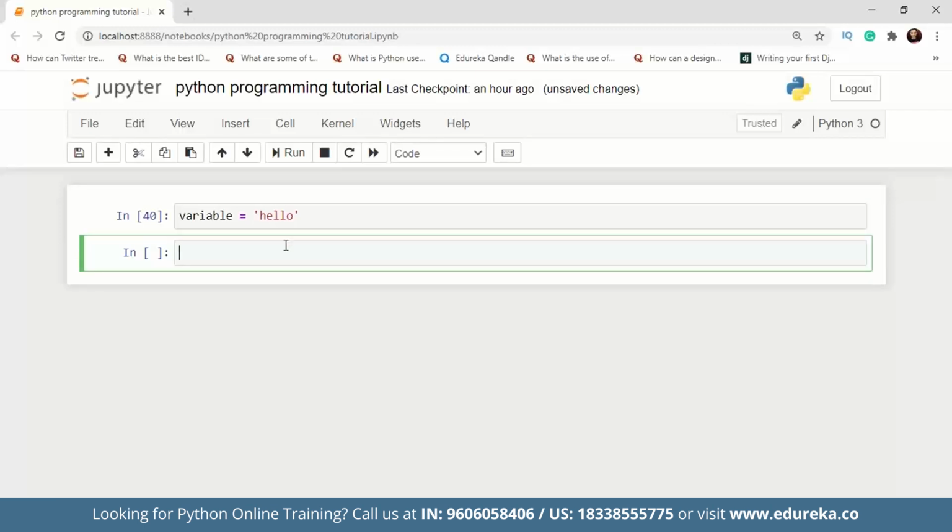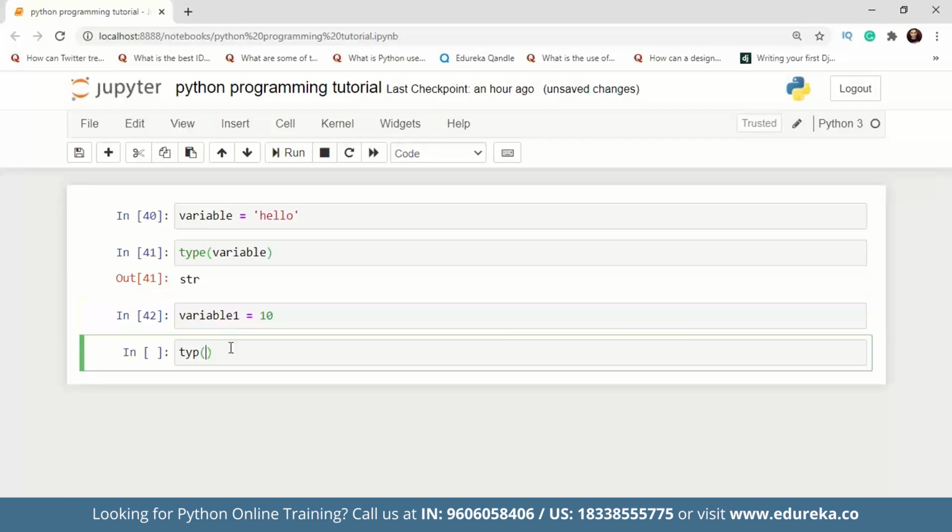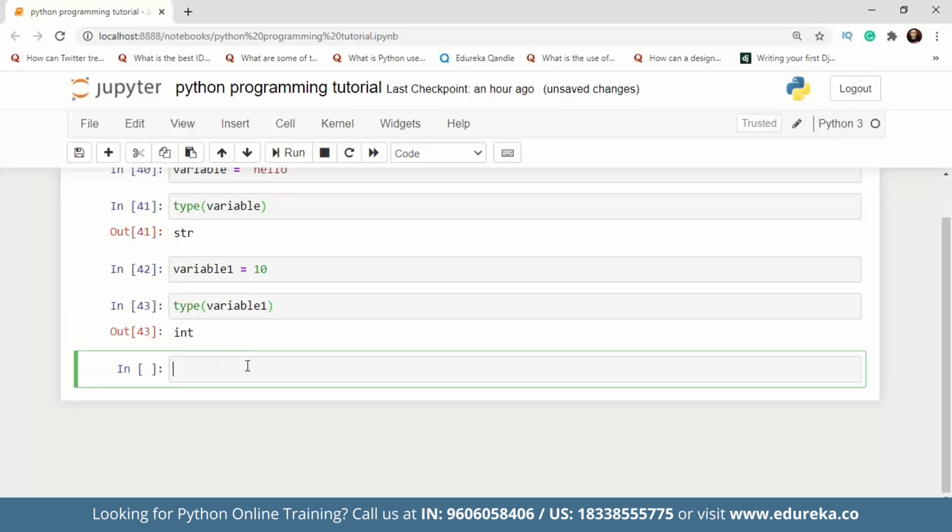I can check the type of the variable, and this will show me that this is a string data type. Similarly, if I have another variable which has some integer value, I can check the type of the variable again, and it will show me that it's an integer variable. Right, so this is all about integers and strings.